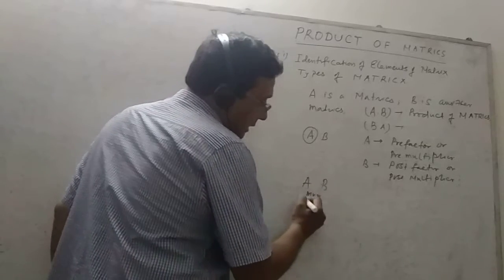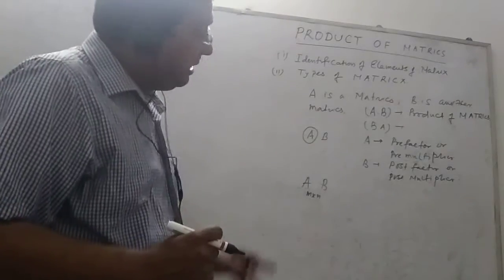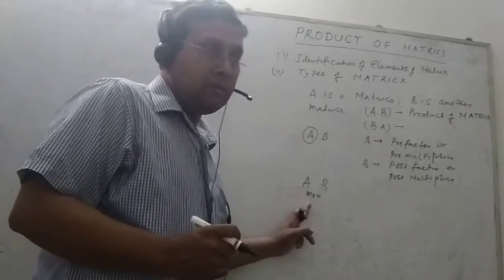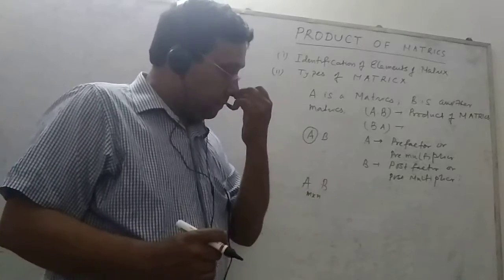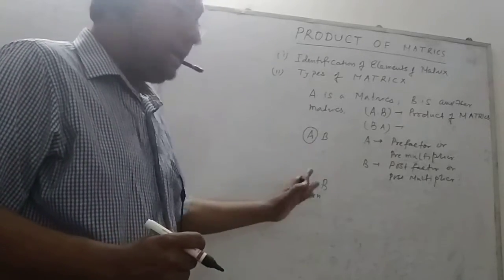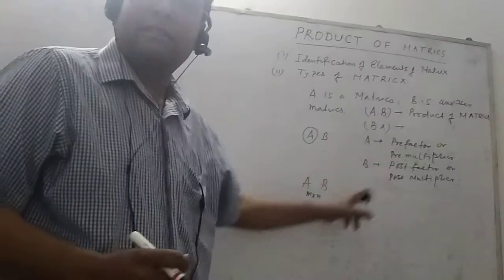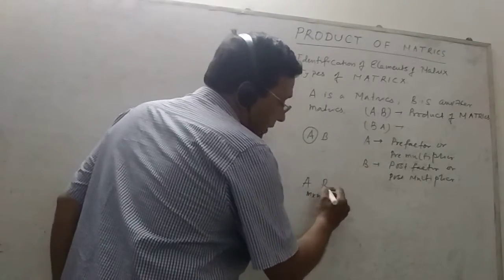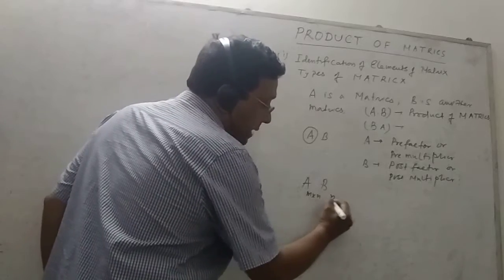M into n means this matrix A consists of m number of rows and n number of columns. Then for matrix B, the post factor or post multiplier, these rows must be the same